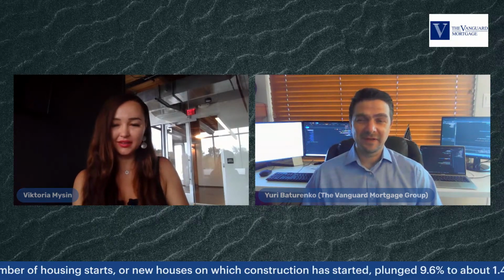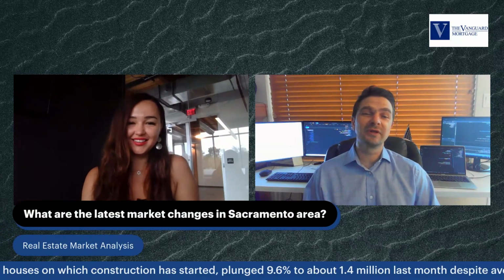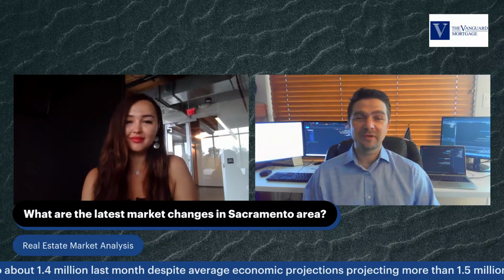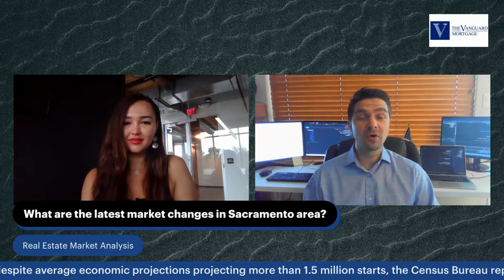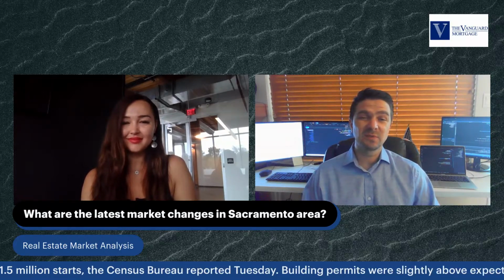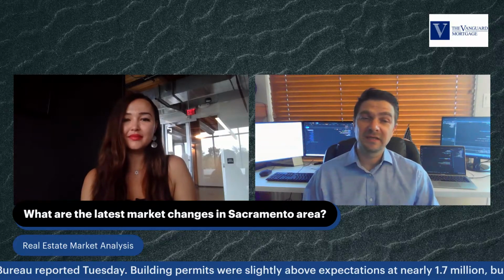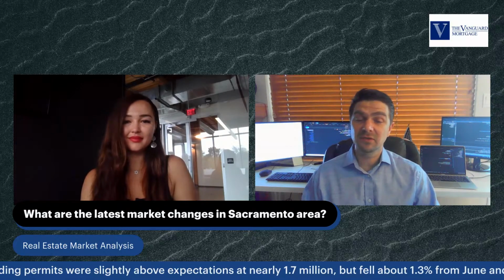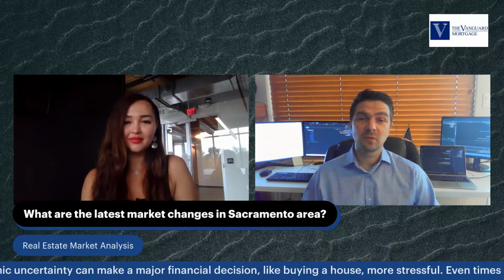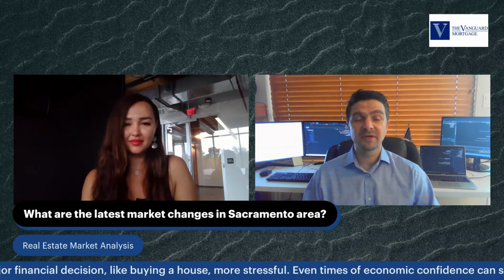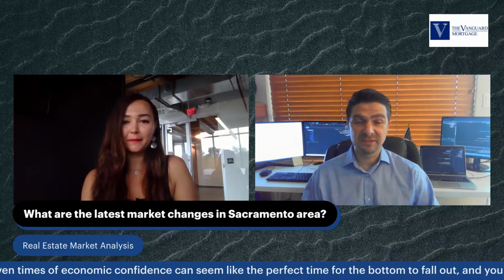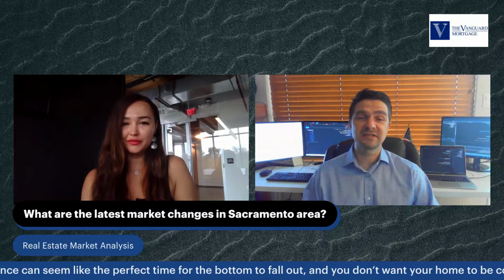They didn't do another hike, but they said that, yes, inflation is going down, but we would like to see it going down more, and then we will be pulling back on rate hikes. So they confirmed that they still will probably be increasing, but it's unknown whether it's going to be the next meeting or not. They still are going to eye inflation, and it depends on what it's going to be. They probably will do another rate hike, but probably skip one in the September meeting. And that's on the rate side.